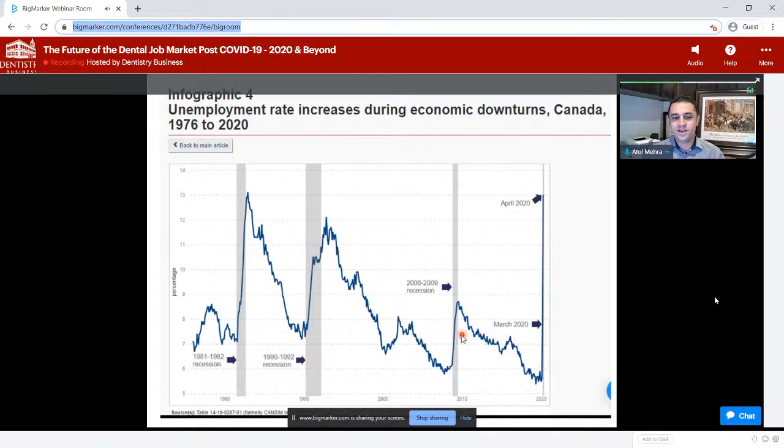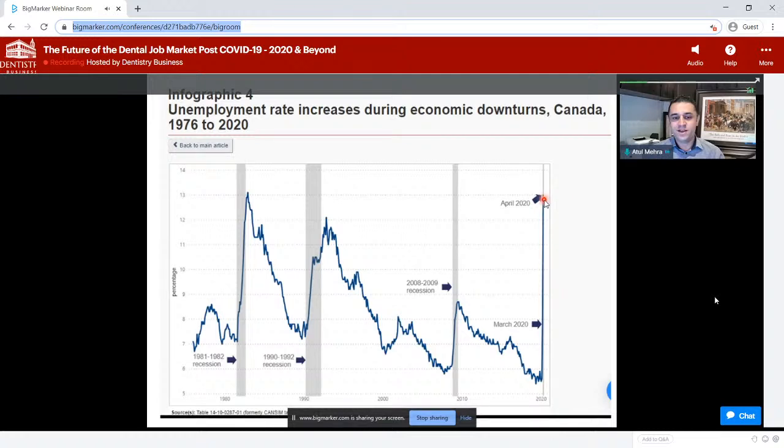And then there was another recession in 2008 and 2009, which was coined the Great Recession. And now again, we're in a recessionary period starting in March of 2020, based on the definition of 3 consecutive quarters of negative GDP growth. As you can see, the unemployment level obviously spiked in March and April, primarily because of the Great Lockdown